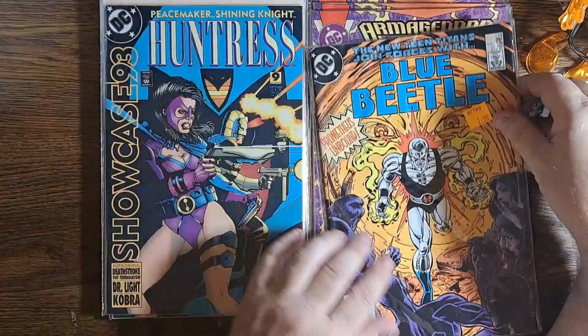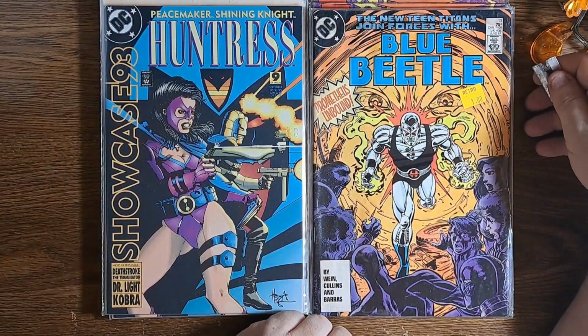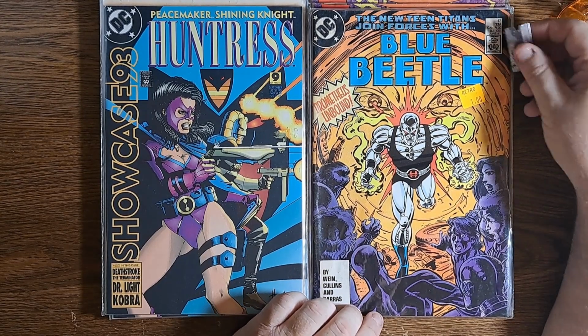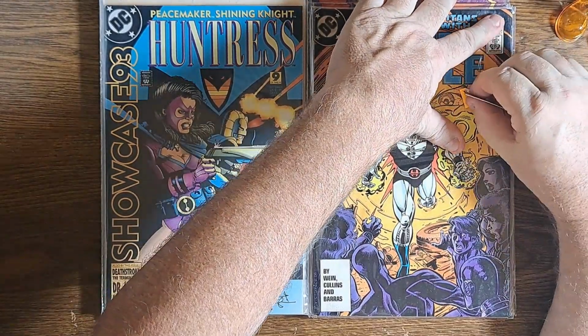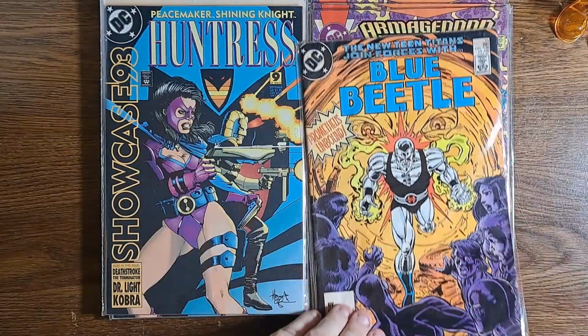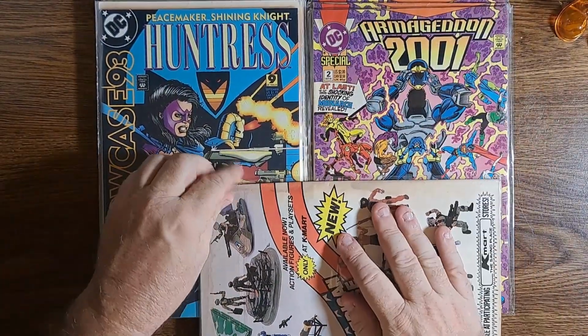And we got Blue Beetle, number 13. Prometheus Unbound. The new Teen Titans joined forces with Blue Beetle. That's cool. I didn't know they had a crossover in Blue Beetle. And so this probably would have been the cool team